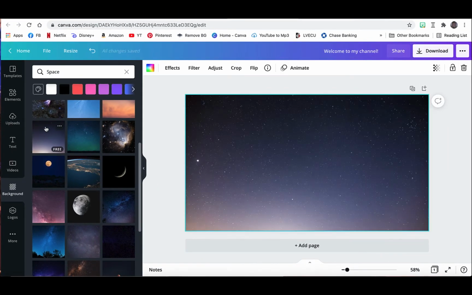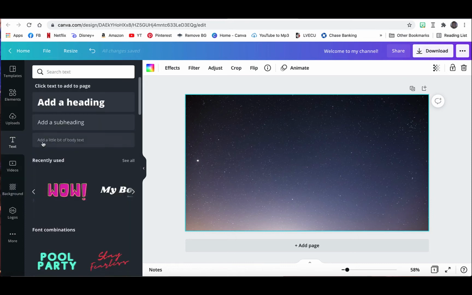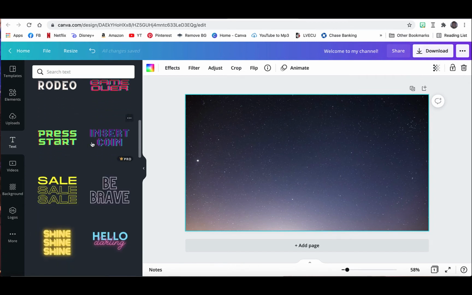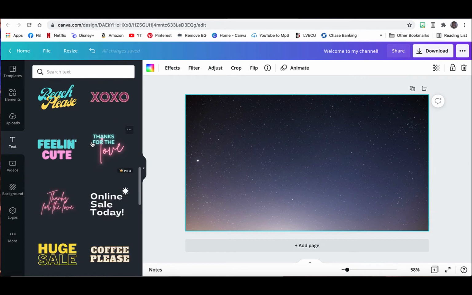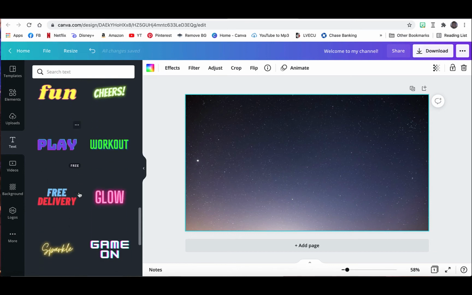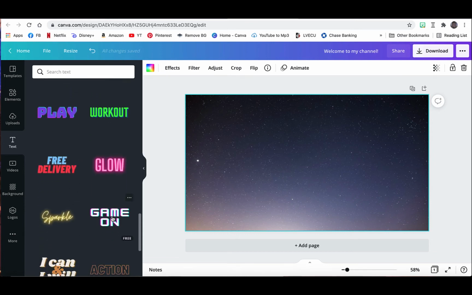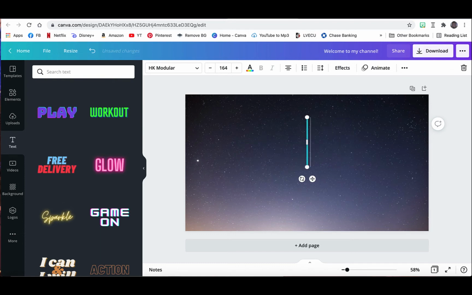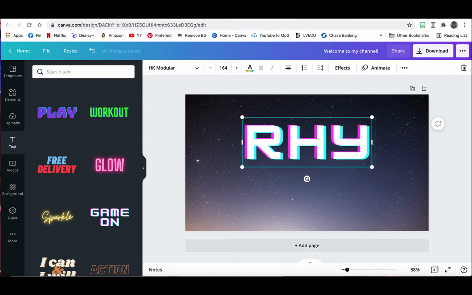And we need some text, so I'm going to go over here and look for a kind of space themed text, like that might work. Looks kind of futuristic. Let's see what else we got though. That one's kind of cool. That one's also fun. I like Game On because I think the white and the kind of background colors will look good against the dark background here. So I'm going to just highlight and get rid of the text that it had and put actually